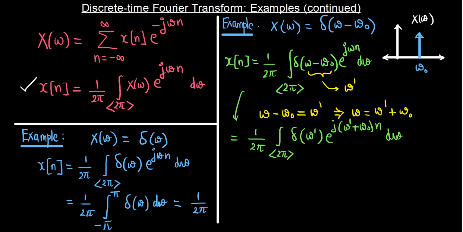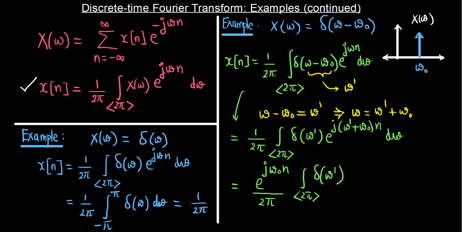Again I can take this e power j omega naught n outside this integration. So what we are going to get here is e power j omega naught n by 2 pi times integration over a period of 2 pi del of omega dash,